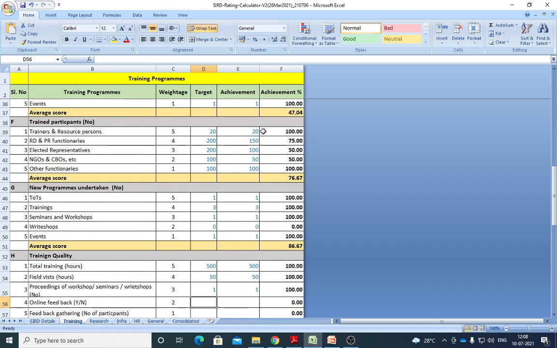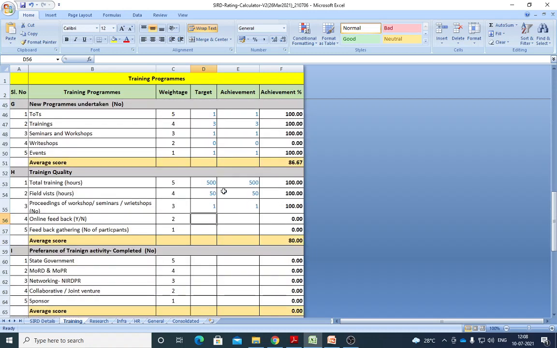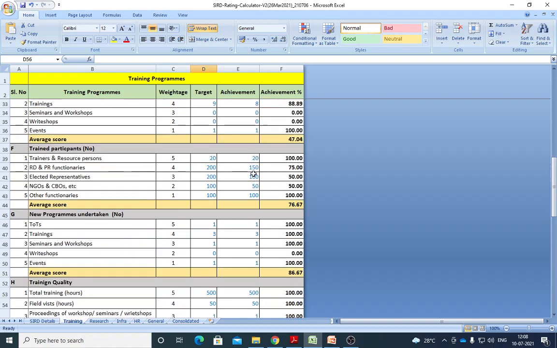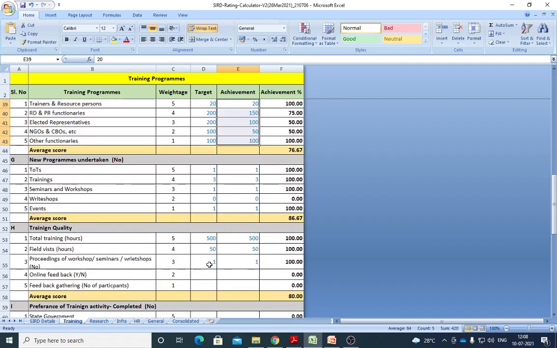Can you see here target participants 150, 250, 300, 420 participants, right? This is my achievement, this is my target. So all these people are supposed to give feedback. So I have done the online feedback for around 420 people.